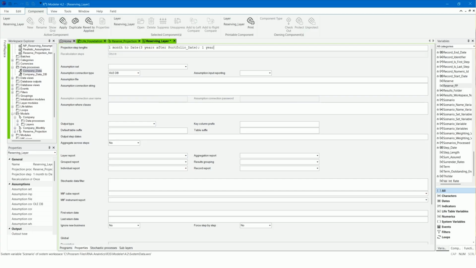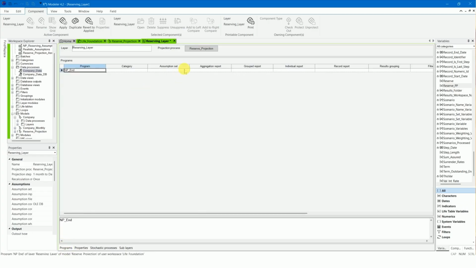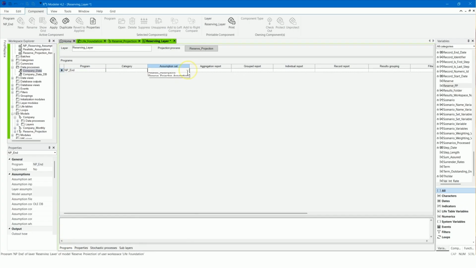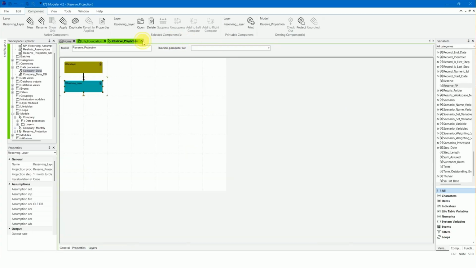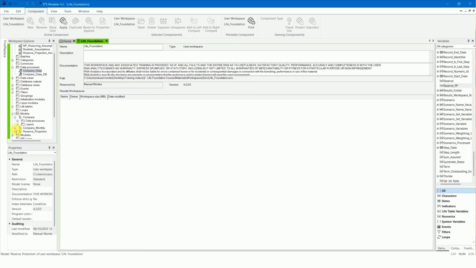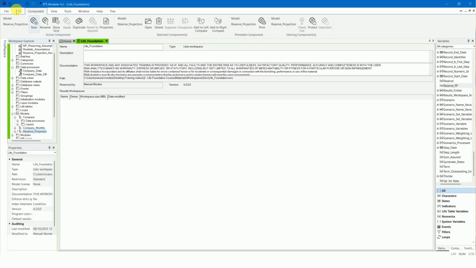Set the assumption set and aggregation report properties for the program. Now, run the model using live mode.